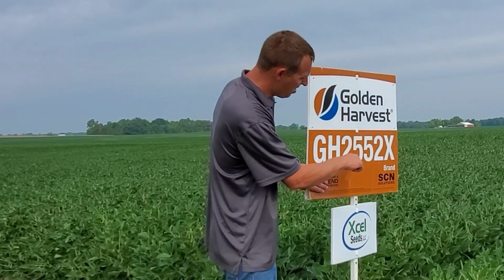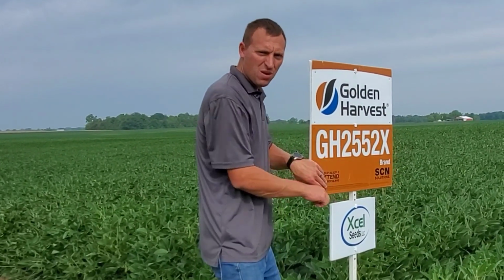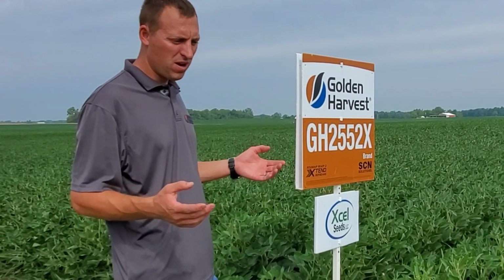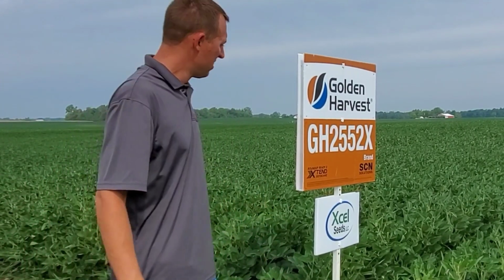So we're on the early side of my plot, 2.5 beans. Again, the first two digits are going to be the maturity. Beans are not in days like corn is. They're kind of maturity groups. In our area, we go from an early group 2 maturity group to early to mid group 3. So 2.5,